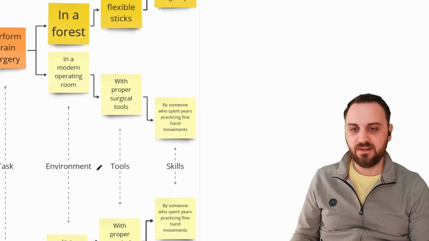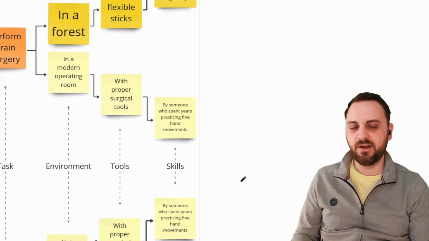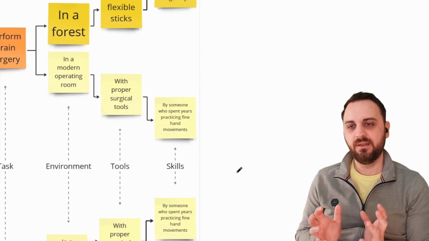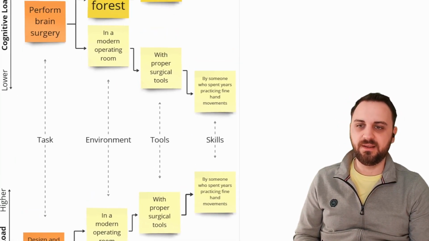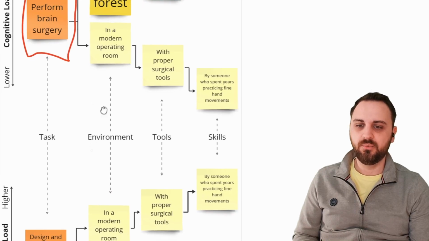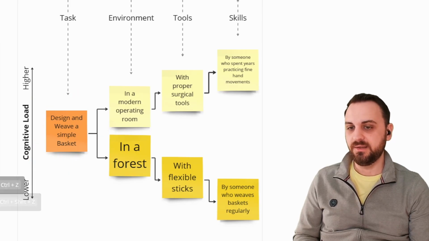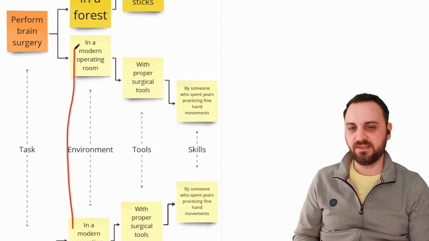But a lot of this stuff has nothing to do with the task. It has everything to do with the environment, the tools, the skills, the context surrounding the task itself. Now, is it likely that a brain surgery team will work with a basket weaving team? Probably not, right? In fact, if you did need them to work together, the context that they have to share,